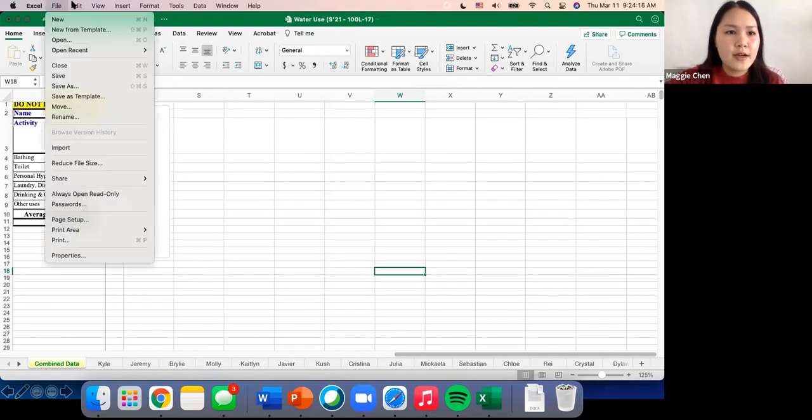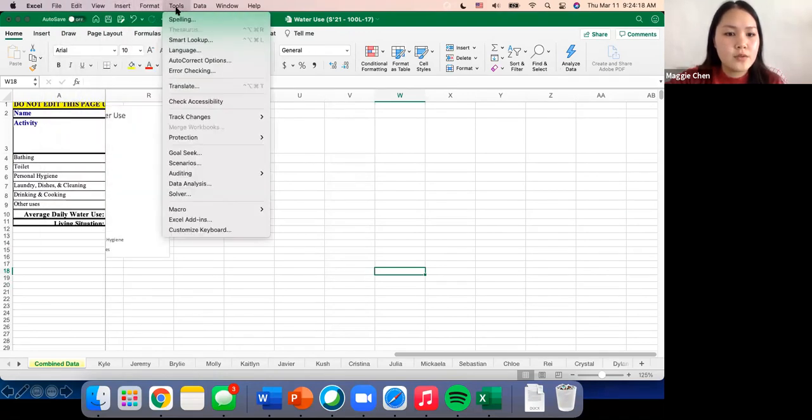So file, edit, view, insert, format, tools. It's probably in different places for different computers. For my computer, if we're going to add in the histogram function so we can make our histogram, I'm going to hover over tools. It could be under files or it can be under options. Files, options, or tools, one of those 3 for your computer. For mine, I'm going to hover over Tools, and on this drop-down list, all the way at the bottom, there's Excel add-ins. And when I click on that,